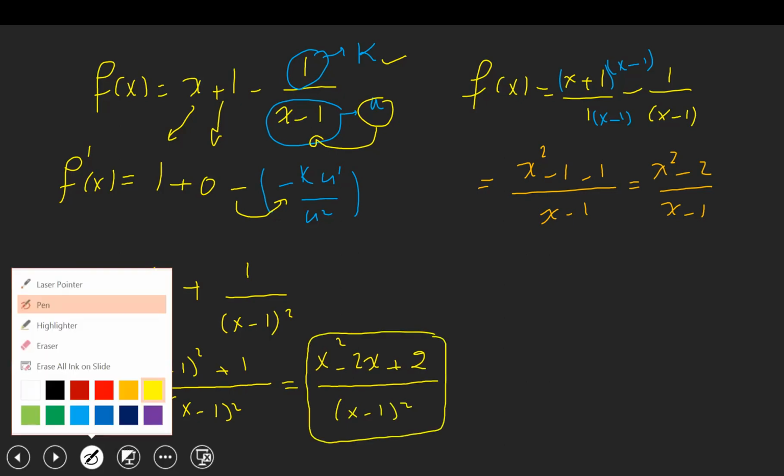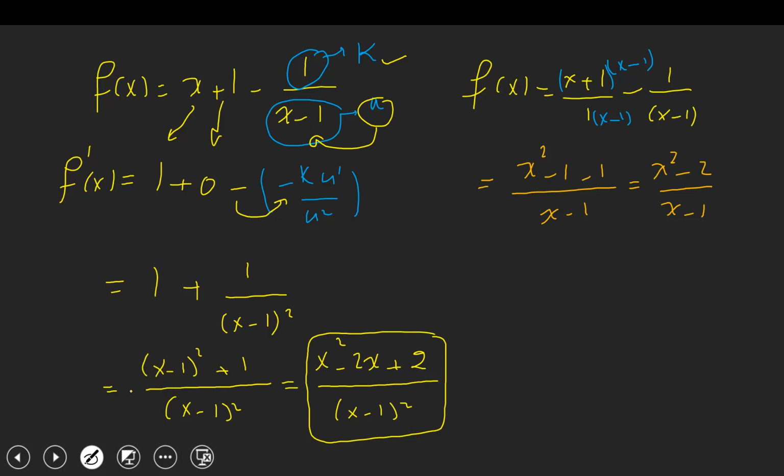We have another way to do it here. Yes. Let's see. We say f prime of x here is equal to u prime v, because this is a fraction, minus v prime u over v squared. So it's equal to u prime, the derivative of the numerator, which is 2x, times the denominator, the full denominator. Then minus the derivative of the denominator, which is 1, multiplied by the full numerator, which is x squared minus 2